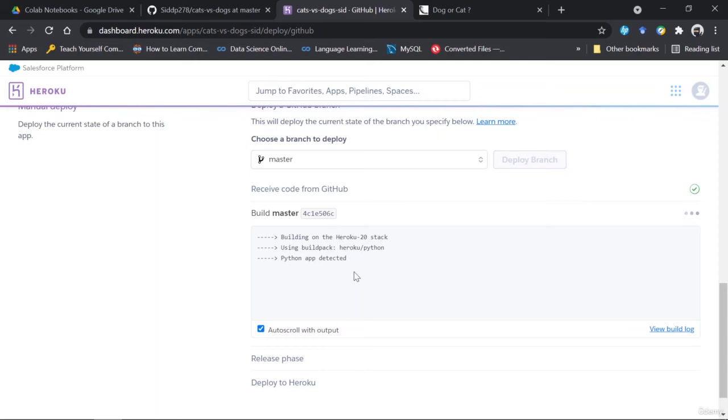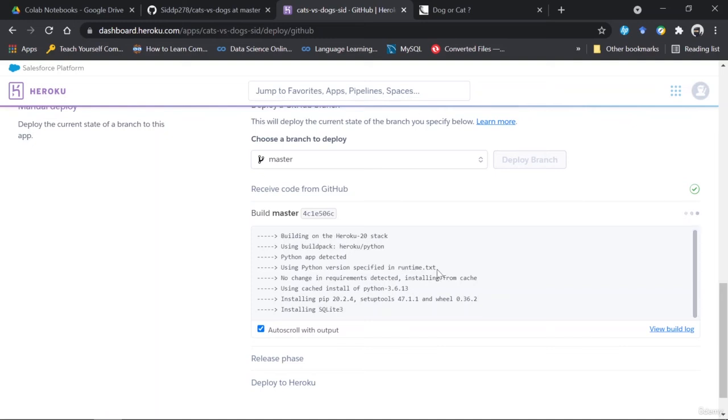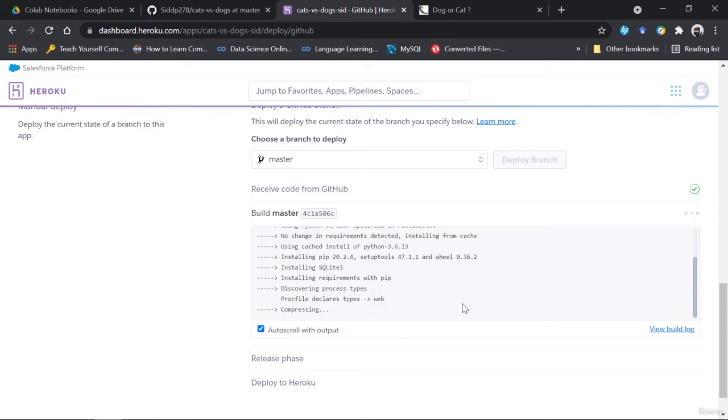See, it is taking the Python version from runtime.txt, and after that it starts to install all the setup tools and all the requirements from my requirements.txt. All of this is being supervised by my Procfile, telling the server how to act and set up itself rather than me manually doing it.